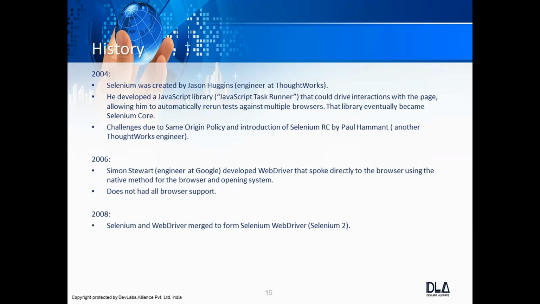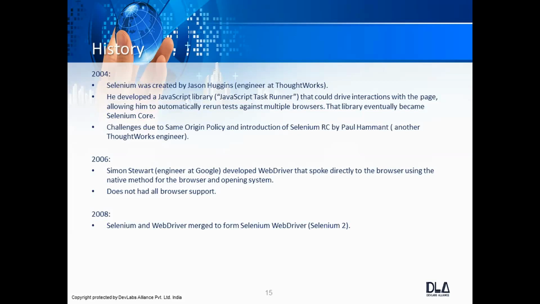It will not be able to access the pages available in facebook.com. That imposed a restriction on Selenium being used by other people, making it difficult to interact with other portals or other pages.